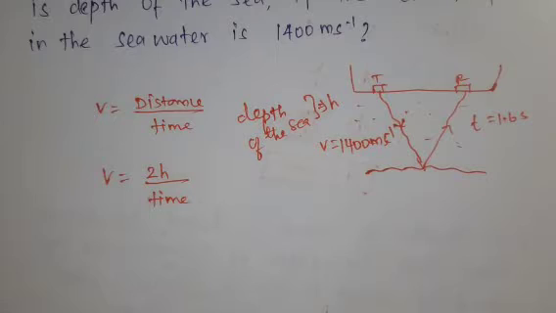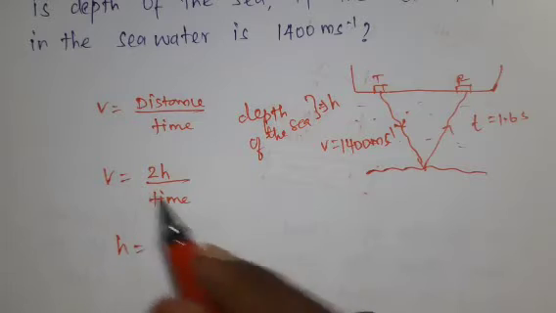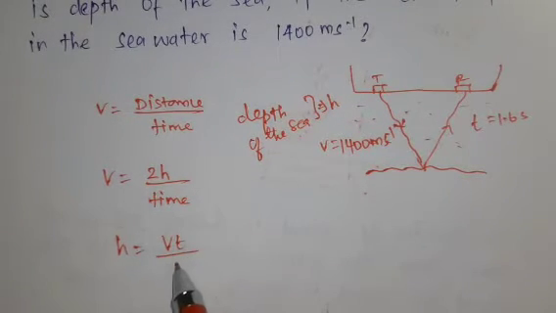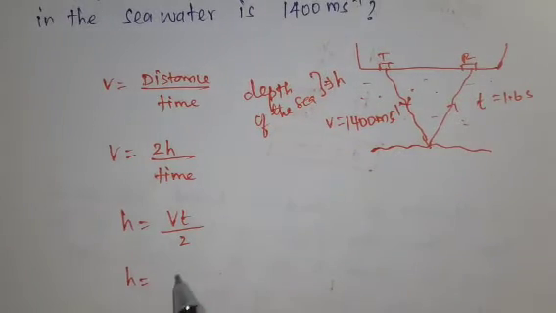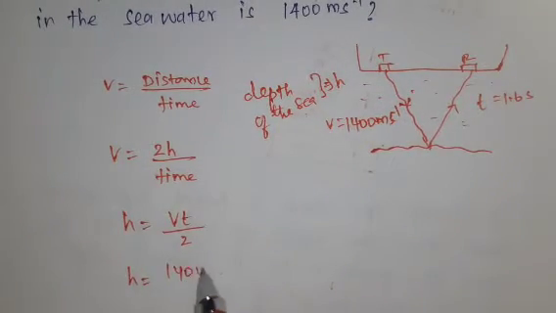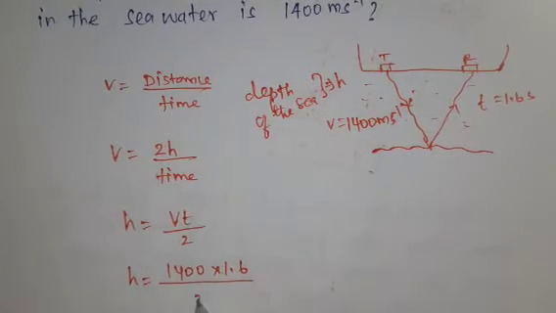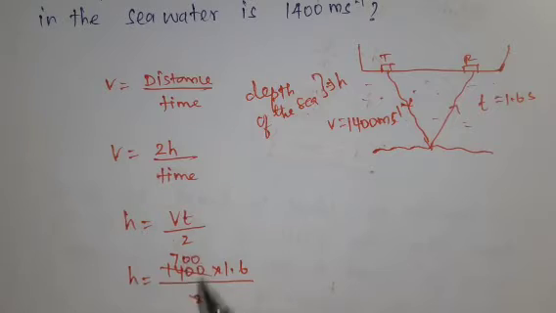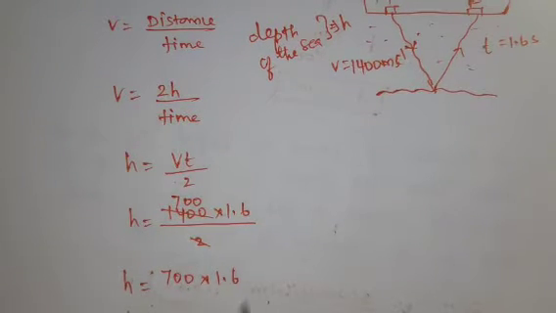So h, depth of the sea. So h is equal to v times t divided by 2. So h is equal to the velocity of the sound wave in the sea water, given as 1400, into the time given as 1.6 seconds, divided by 2. Then h is equal to, if you divide this by 2, 2 sevens are 1400, so 700 into 1.6. And if you multiply these two